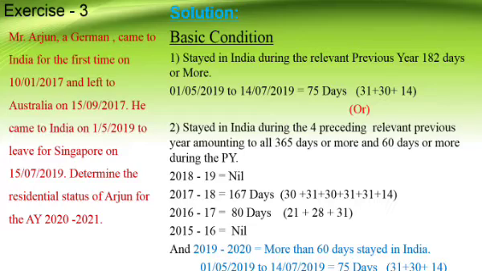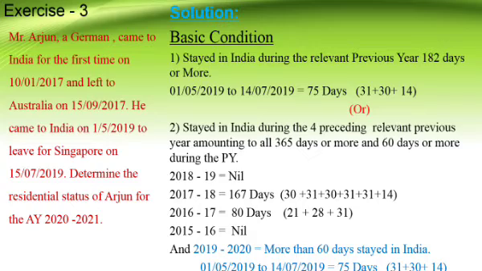So I have stated 1st May 2019 to 14th July 2019, which is equal to May 31 days, then June 30 days, then July 14 days. Then he left for Singapore. During that period only he has stayed in India, which is a total of 75 days. Our condition is 182 days or more, but he failed to satisfy the basic condition of the first condition because he has stayed in India only 75 days.